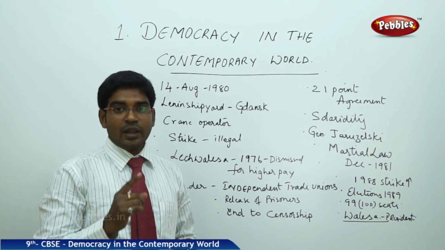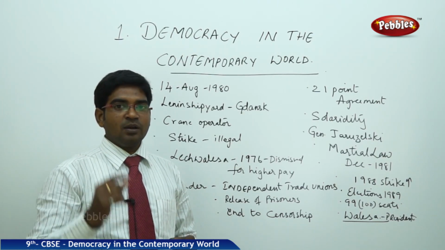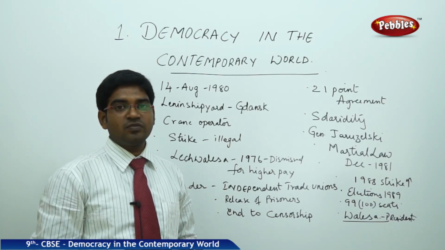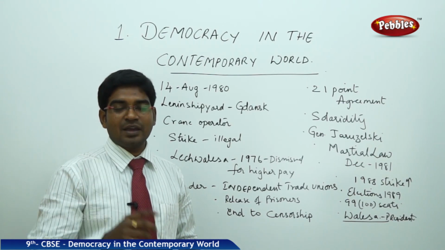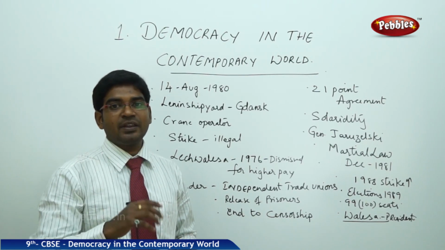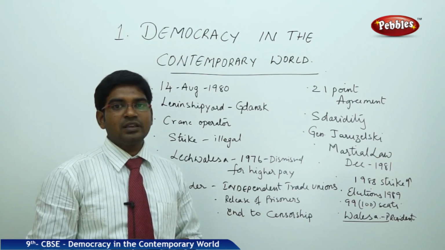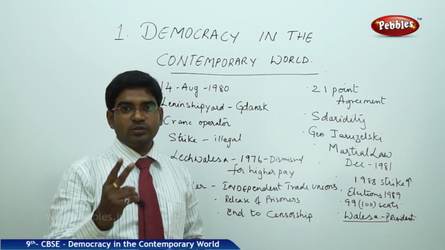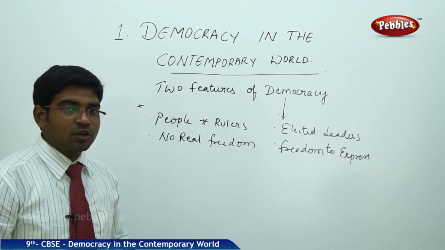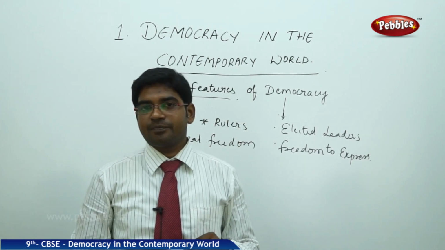So Poland initially did not have democracy. Poland was ruled by the guidelines of the Communist Party under the name of the Polish United Workers Party. But later democracy stepped in and settled in Poland. So let us discuss the similarities of the two tales of democracy, the two tales that we have just now discussed, that is